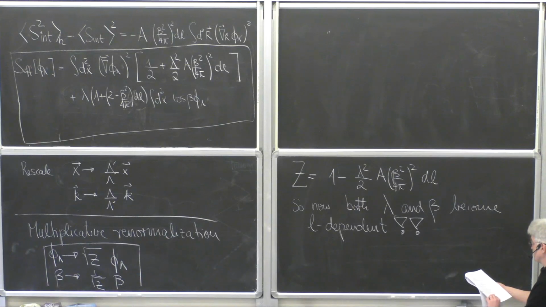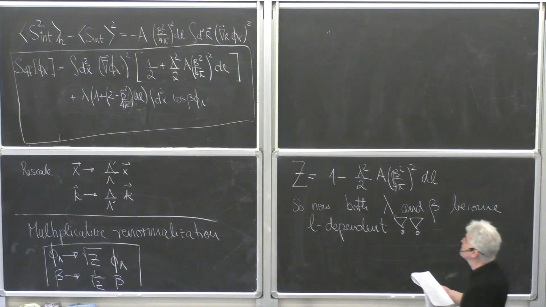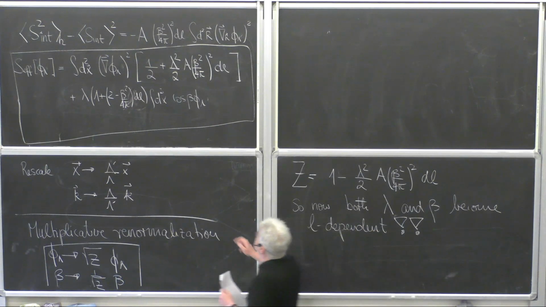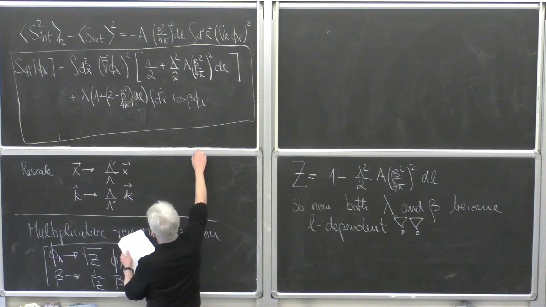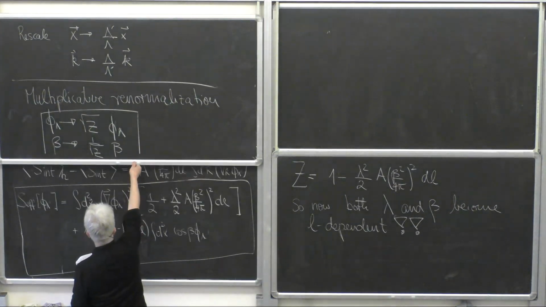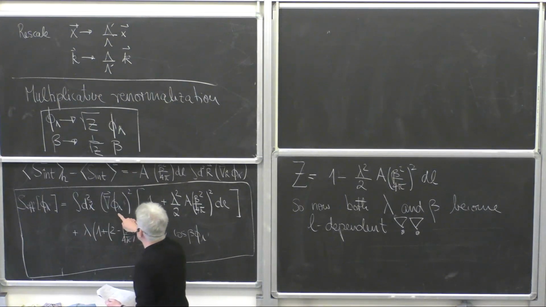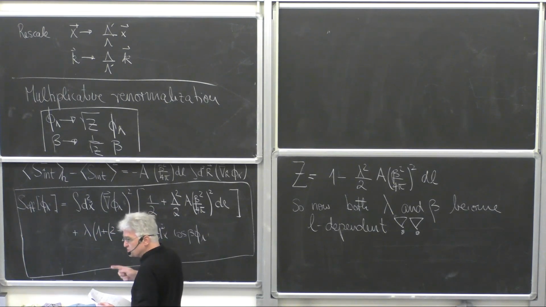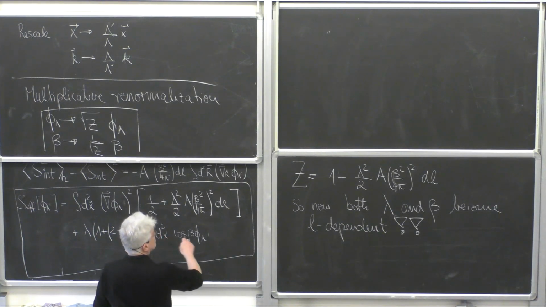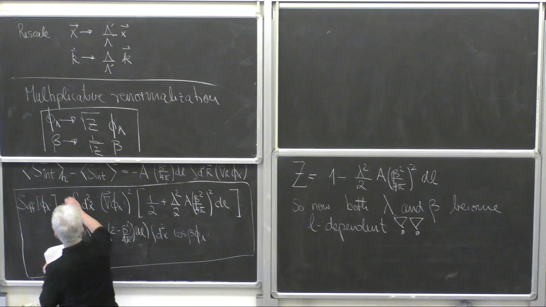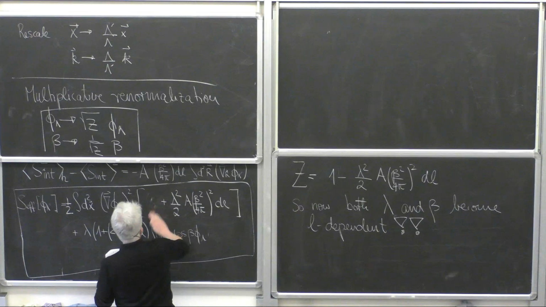But the 1/2 remains. Yeah, so the normalization, so let me just see whether I did this correctly. So you have to be careful, because you pick up a factor of z squared, yes? You understand this? Sorry, not the way I've done it. So then let me just see. 1/2, 1,